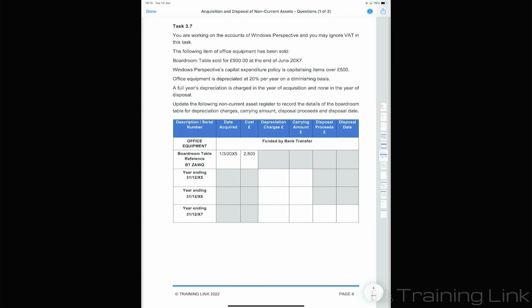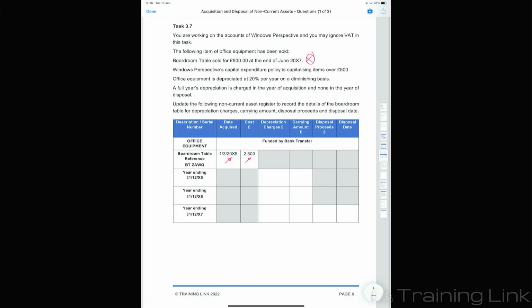So again, a lot of information here, okay? And this is what we've got to pick out from this. So we know that the table was sold, okay, at the end of June 2017. Okay, from the extract below, we can see that it was acquired on the 1st of March 2015 at a cost of